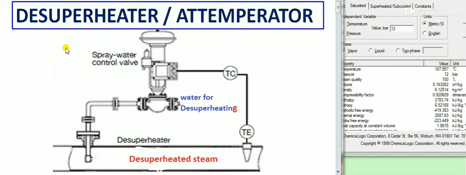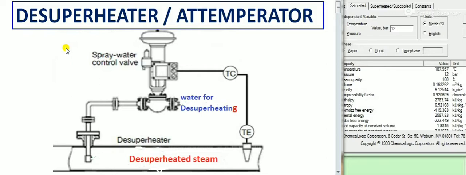In superheated steam, it will not get condensed, right? So we can't get this latent heat of condensation. We can only utilize the sensible heat transfer. This is the main purpose and requirement of de-superheating the superheated steam: to achieve the saturation state for better, efficient heat transfer. It has a vital role, and all industries will use saturated steam as the heating medium. They will not be able to directly use superheated steam because of these reasons.